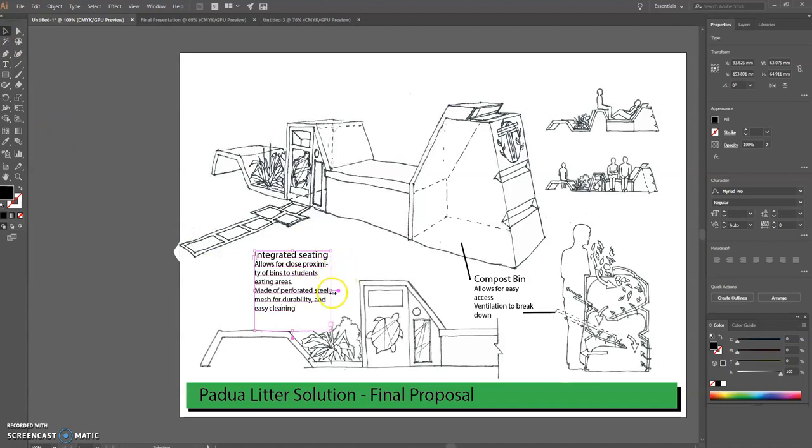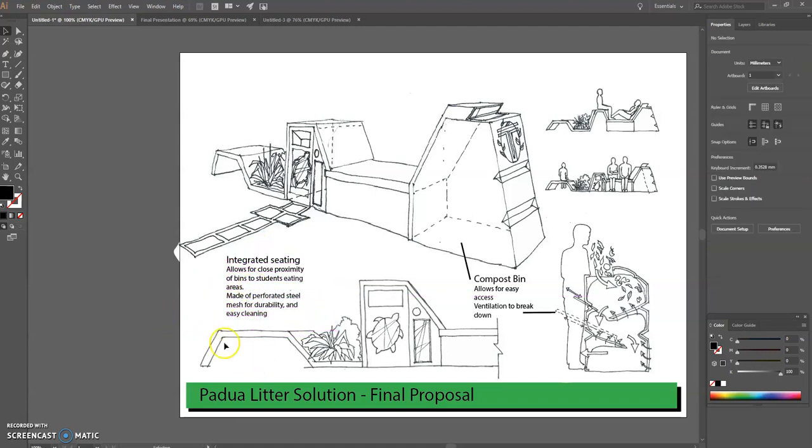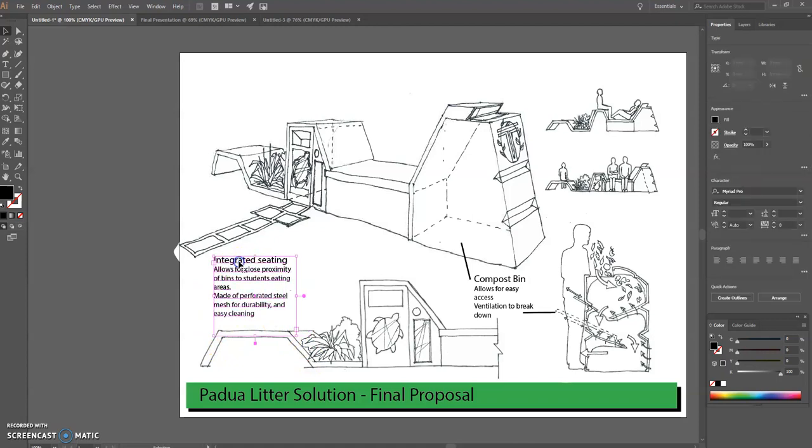Try not to have any hyphens, so adjust the width of your annotations. So this integrated seating I'm talking about down here,